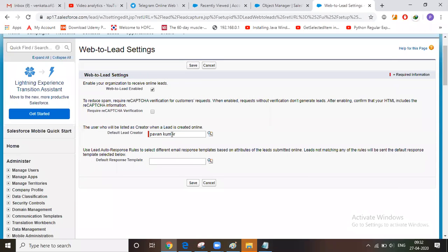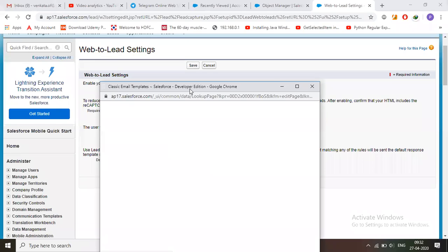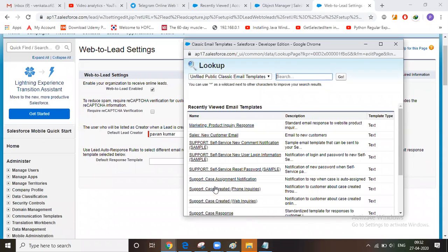So default lead creator. While creating the lead, we have to add the owner of that, I mean, the creator name. And then the default response template.